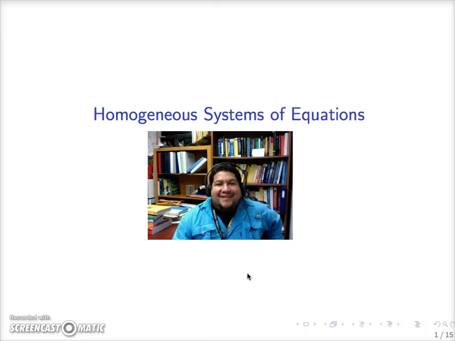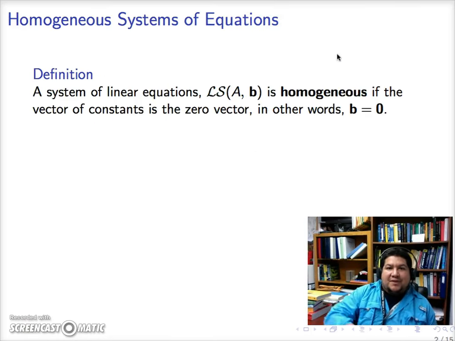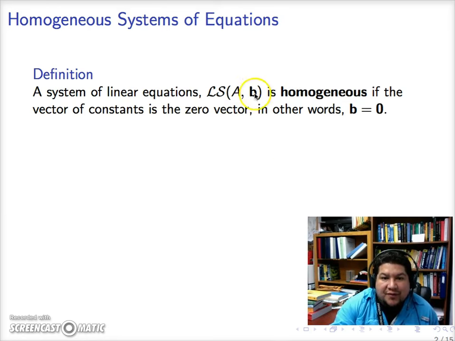Hello, this is the lecture on homogeneous systems of equations. These are systems of equations that have the zero vector on the right side as the vector of constants. Whenever this b is exactly equal to the zero vector, that would be the case in which we have